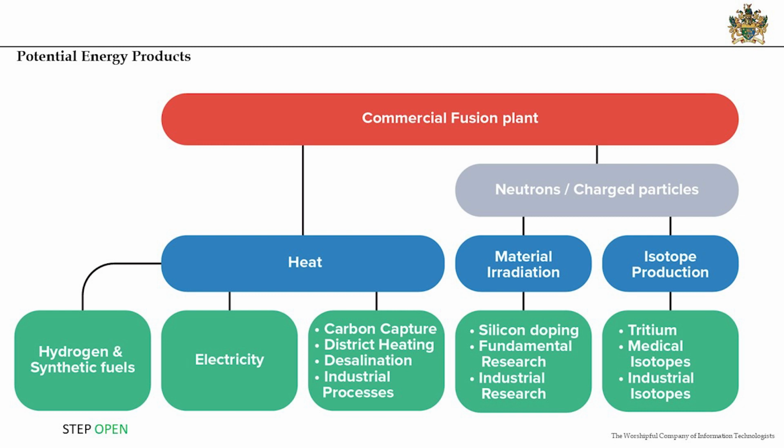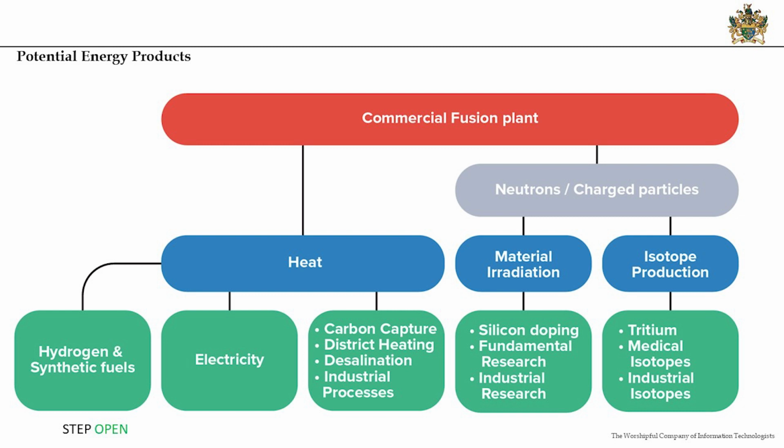So this little diagram, which comes from one of our team's work on commercial fusion pathway, shows that there's two real aspects that you can exploit in a fusion machine. It produces heat, and that makes it look much like any other power station. Most power stations produce heat and use that heat to turn turbines via a steam cycle. And fusion can very much do the same.